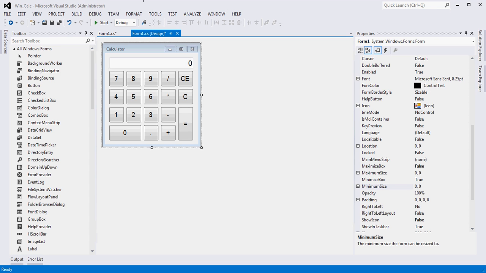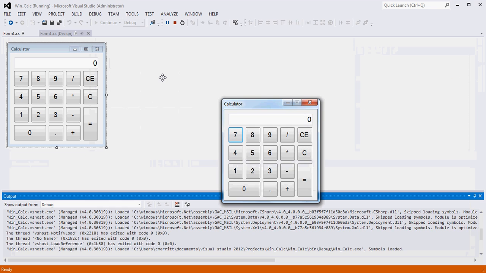Some of these are going to be very simple mods, and some are going to be a little bit more involved, but will provide some features and capabilities that make it even more closely resemble the actual WinForms calculator. I have four things on the list here, but the first thing I'm going to do, if we run this application where we left off on the last tutorial,